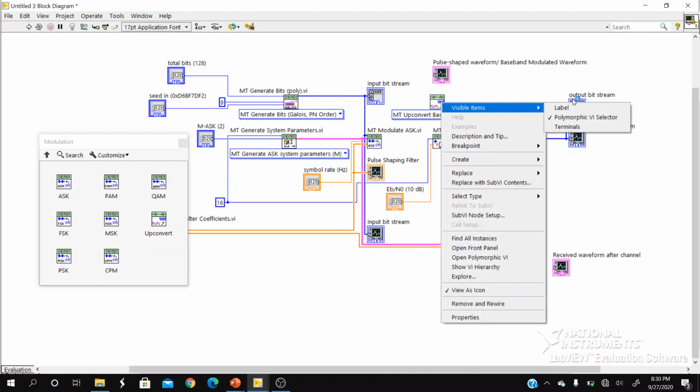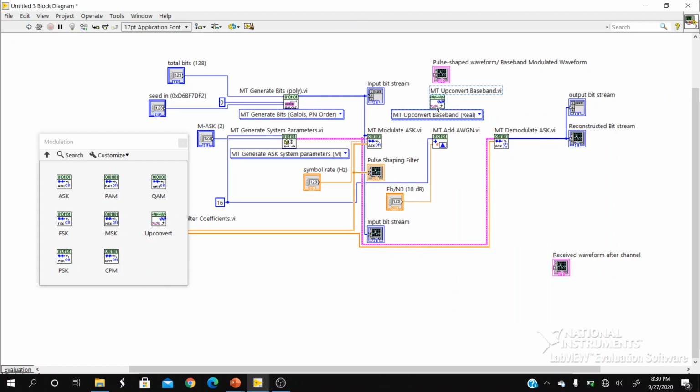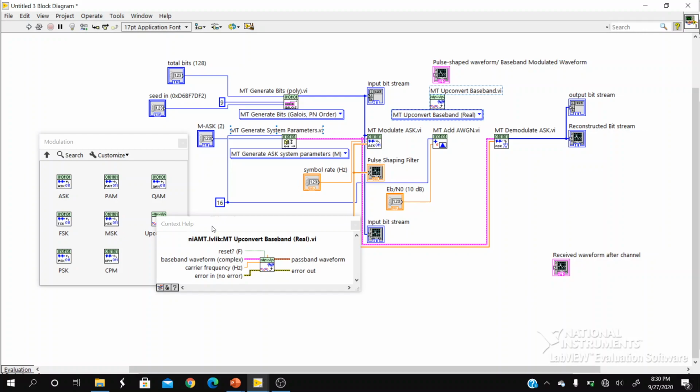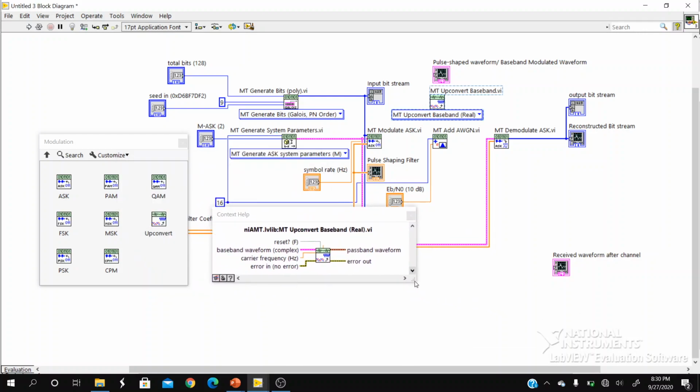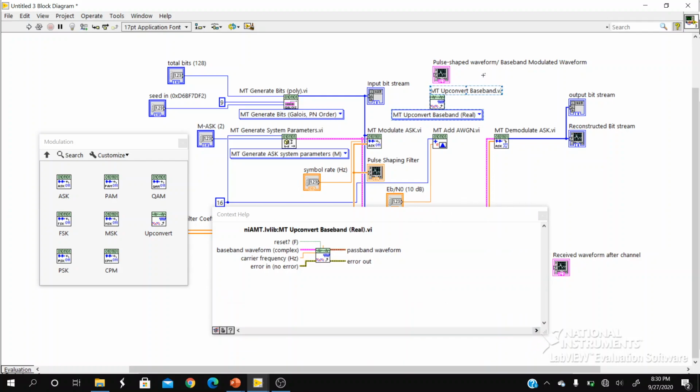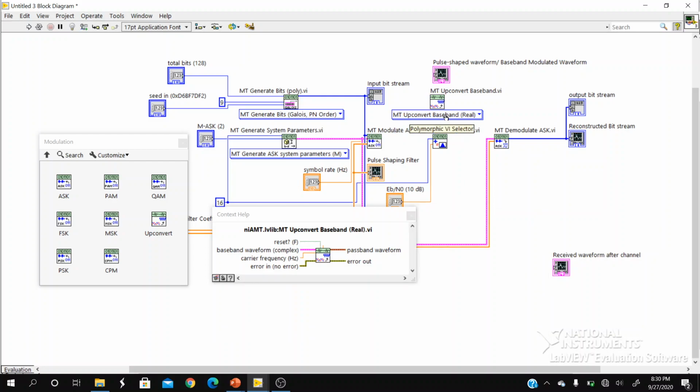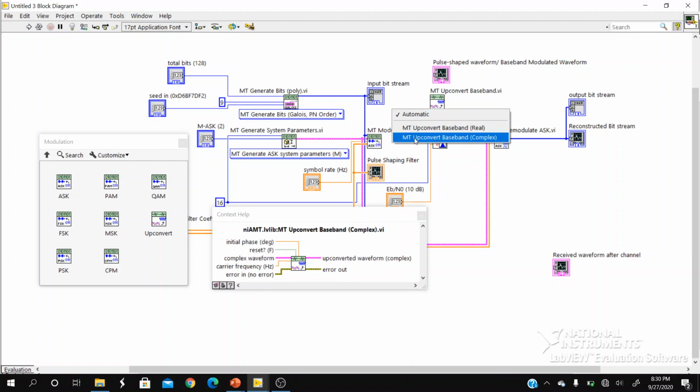Now first label this block, press Ctrl H to look at the information about the inputs and outputs for this block. So let us look at the input. This block accepts the baseband waveform in its complex mode. Here you can see the upconvert baseband. In the option you have, it is real, it is accepting the real information. So click on that. Since my output is of the type complex, click on the drop down option, select MT upconvert baseband, which has complex in the braces.